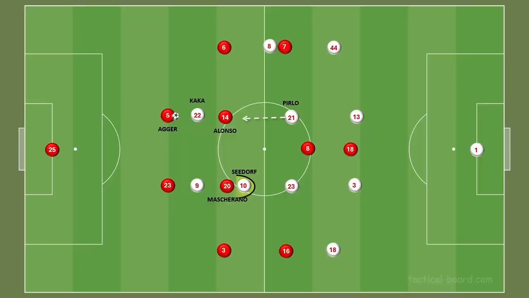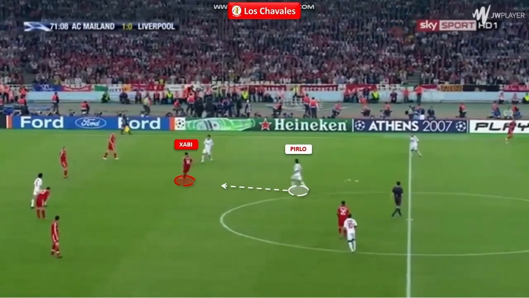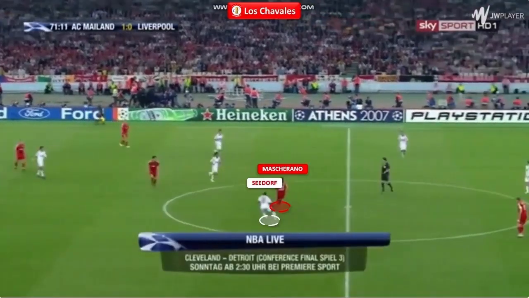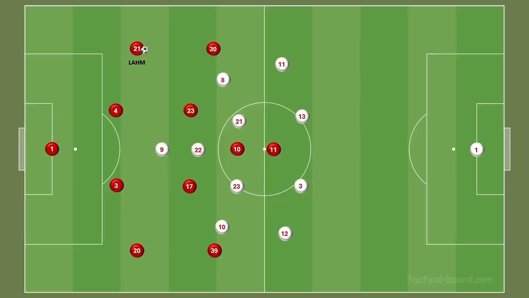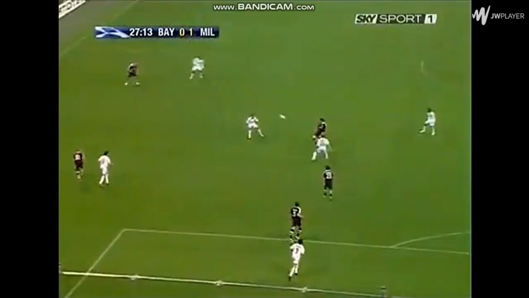This proactive defensive approach was also used against Liverpool, where Milan focused heavily on neutralizing Liverpool's deep playmakers. Pirlo pushed high to tightly mark Xavi, while Seedorf mirrored this assignment by tracking Mascherano, effectively paralyzing the Liverpool central progression. For the second goal against Bayern Munich, by locking Bayern deep in their own half, Nesta was able to